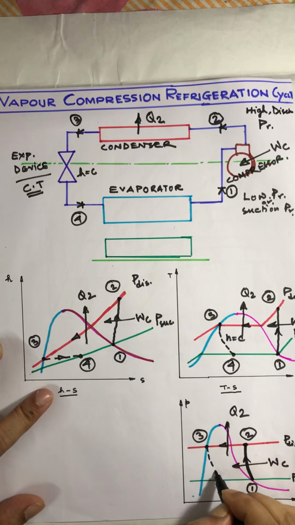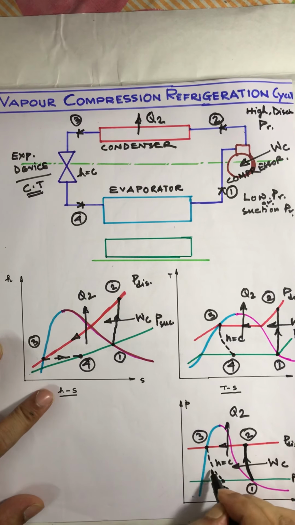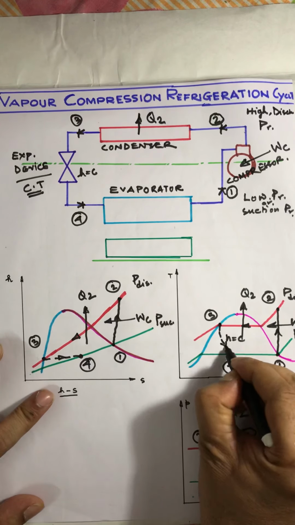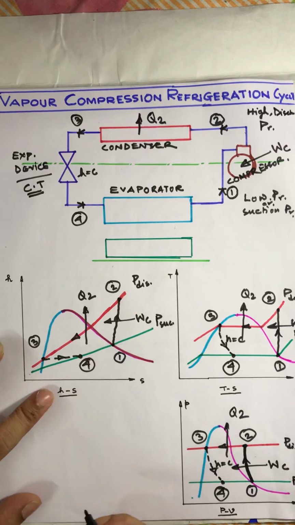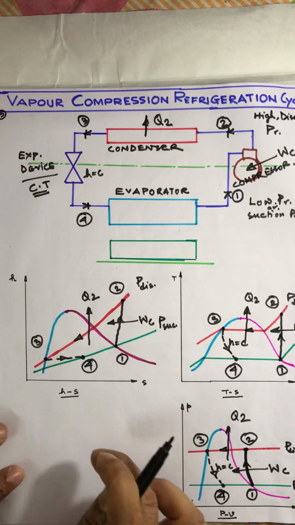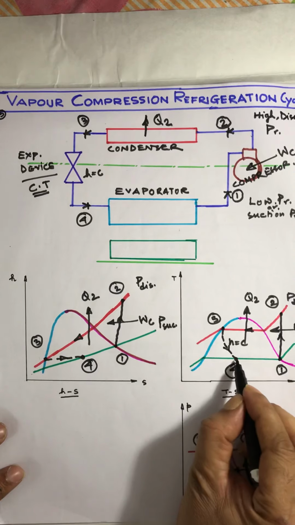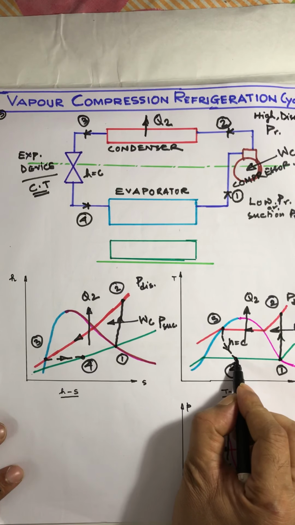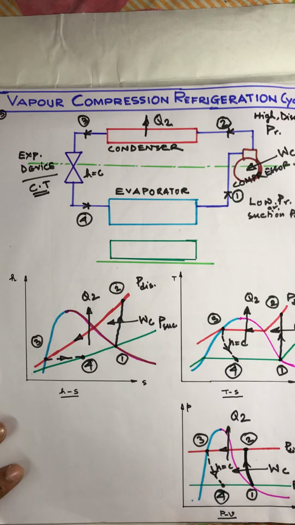For 3 to 4, H is equal to constant. We use a dotted line because this throttling process is an irreversible process. So, in this cycle all the processes are reversible except this 3 to 4 process, that is the throttling process. After throttling the temperature will drop. You can see this throttling device is responsible for the cooling effect in this cycle, and